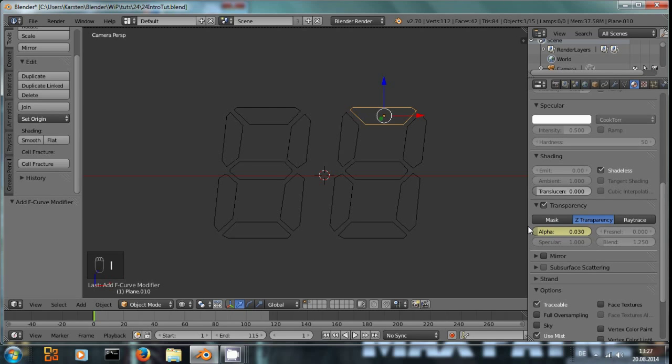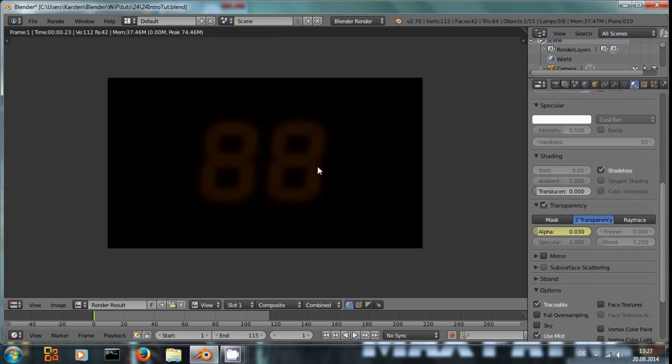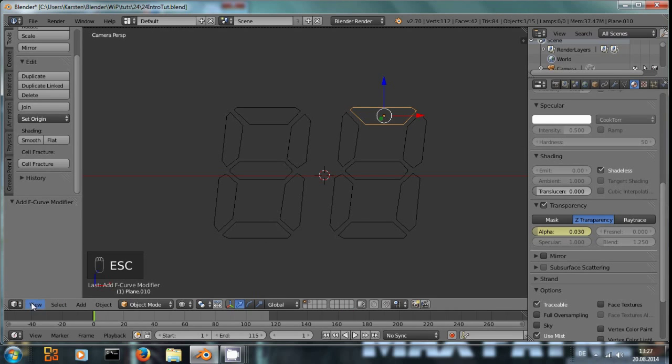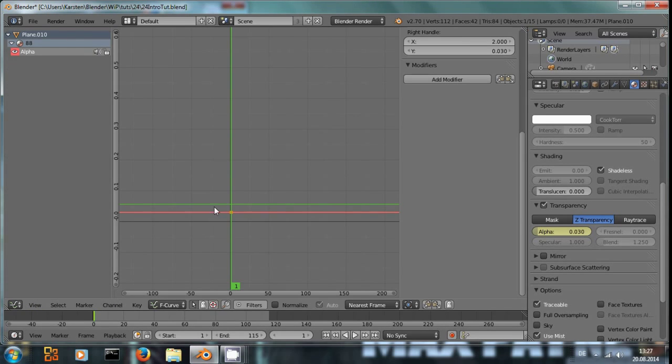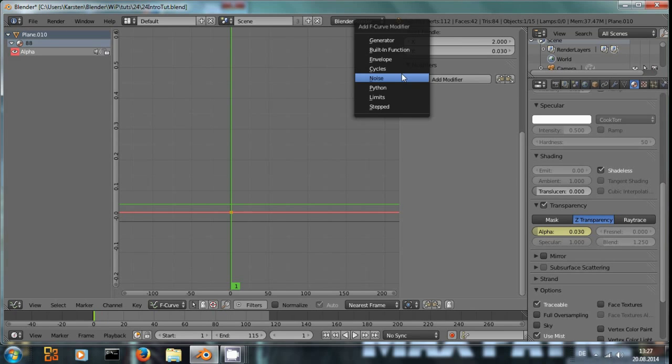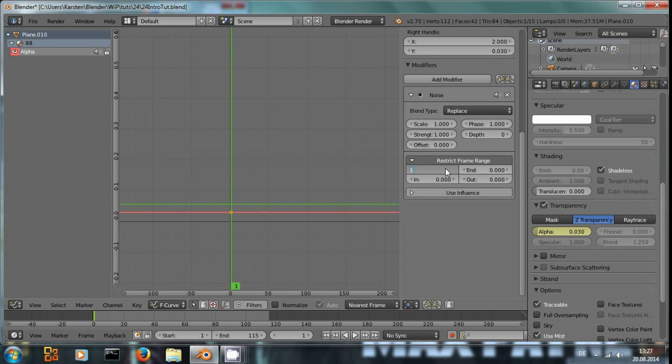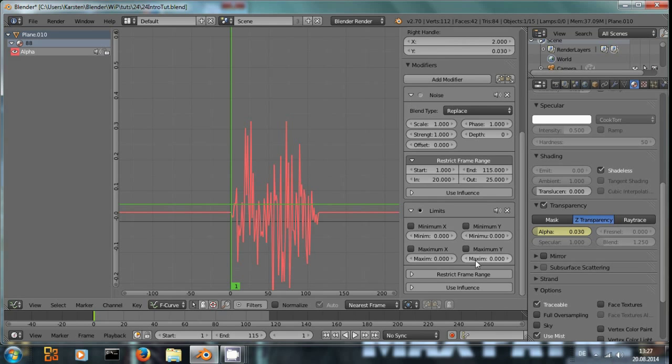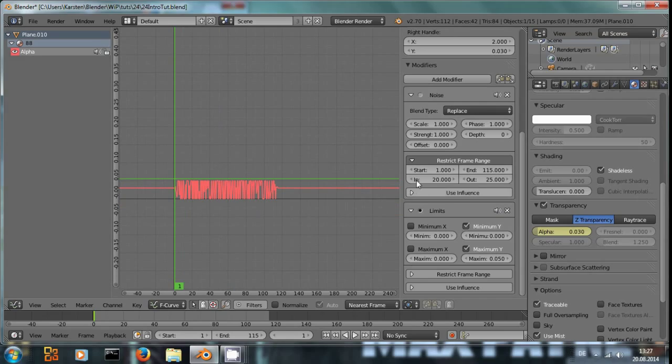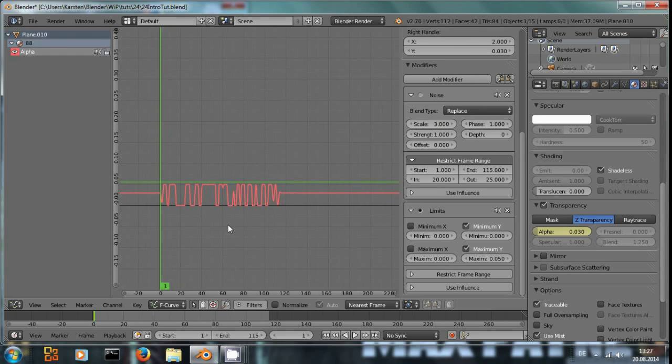0.03. Yep, that's it. So back again. Graph editor, add a noise modifier from frame 1 to the last frame and fade in over the course of 20 frames and fade out over 25, which is a bit more than a second. Limit the Y, limit it to maximum 0.05, a scale of about 3, and